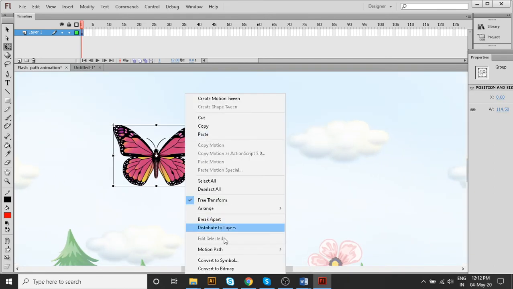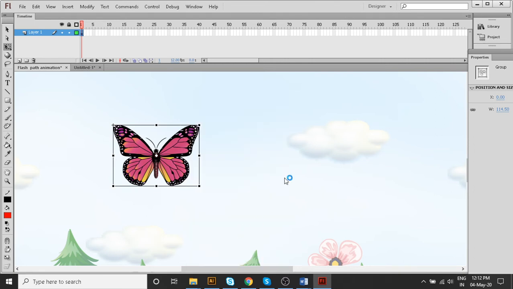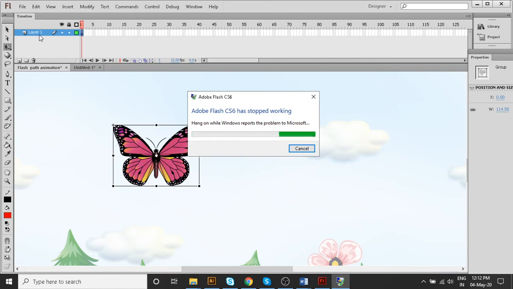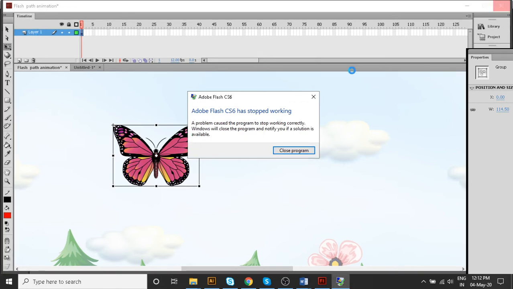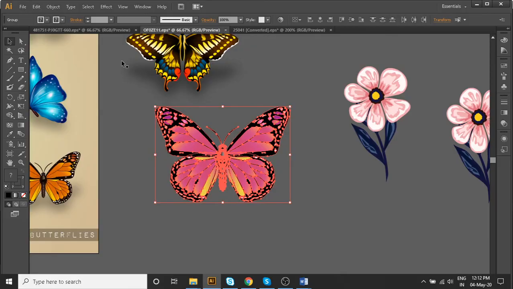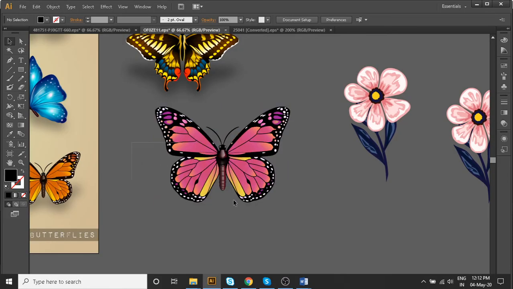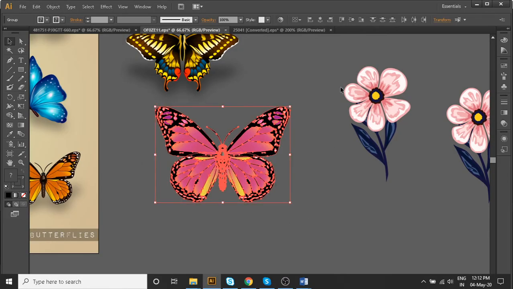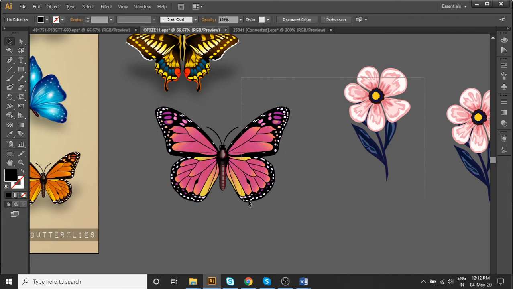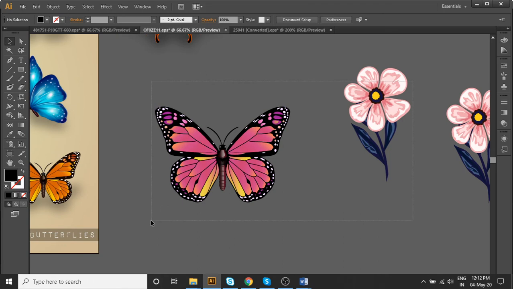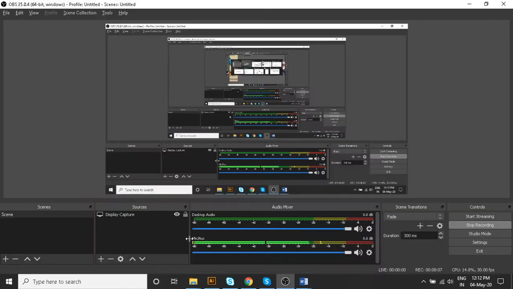So right click, this is called distribute to layers. This is the best option, distribute to layers, and because of using distribute to layers you can find it will be, oh, if my software will not close, it's good. Oh, it's closed, no problem. I'll do everything very fast, no problem.